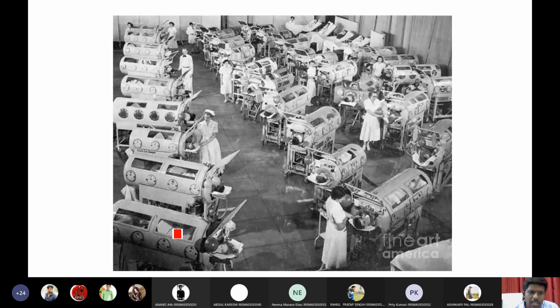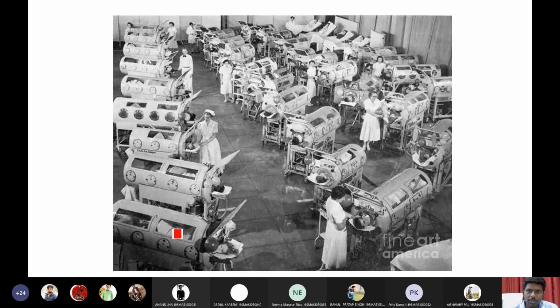Very sad to say, but as developing nations, it is a challenging task to sustain a patient's life under these machines for a long period of time because of the financial status of the patients and the economic status of the country. There are many factors that need to be considered to give proper medical support to polio patients. Really challenging. These are the consequences of poliovirus infection.